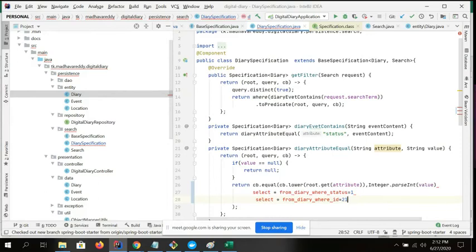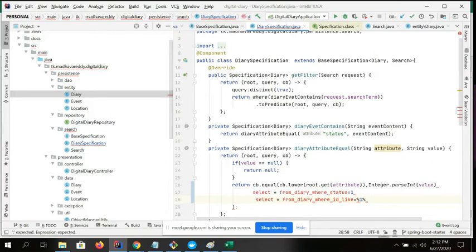It will perform a like operation, where case id like percentage 1 percentage. It will perform like this. If you have query knowledge, you can easily understand and do it.